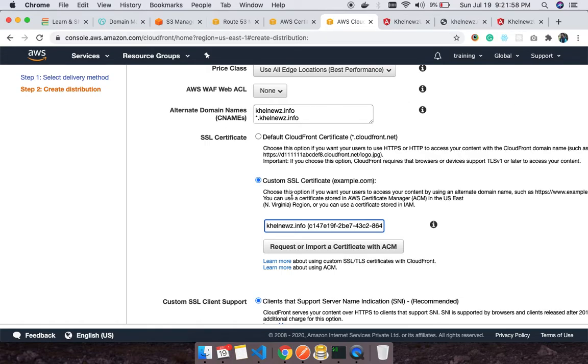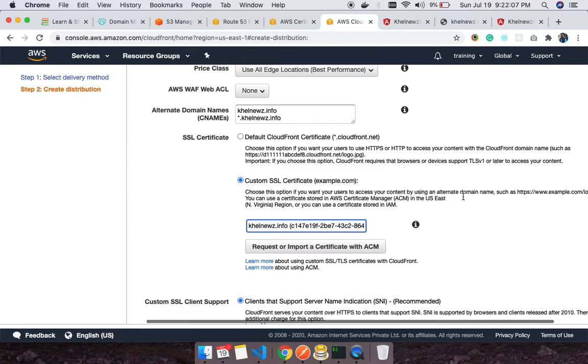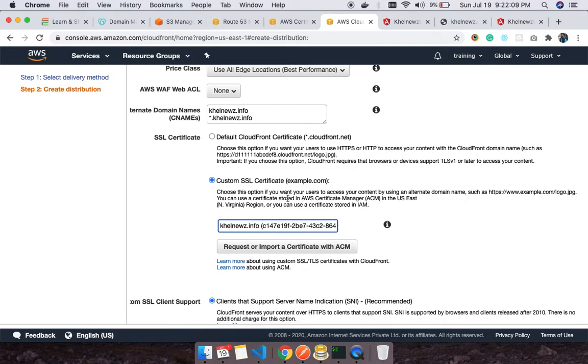As you can see here, choose this option if you want your users to access your content by using an alternate domain name. You can use a certificate stored in AWS Certificate Manager in the US East, North Virginia region. So here's the point which I was talking about initially. Why this is the case, to be honest, I don't have the exact explanation, but definitely I can read about this.